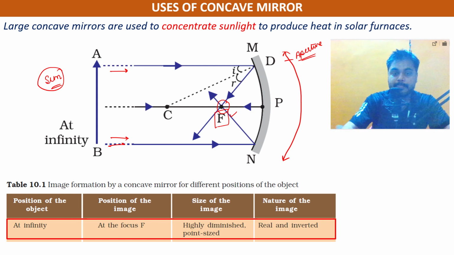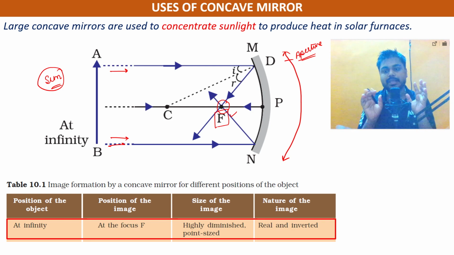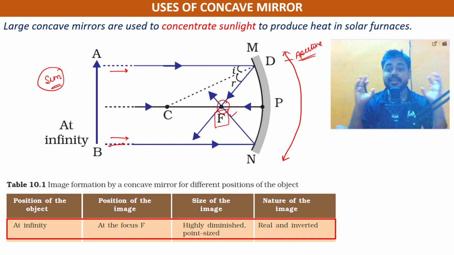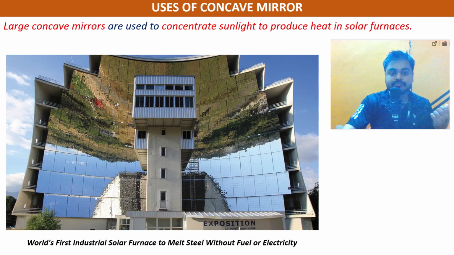Sun's rays, when they are dispersed, may not be able to cause a fire. They are quite hot, but that doesn't necessarily cause fire. However, when they get concentrated, the temperature rises, and that may lead to fire, and we actually generate heat out of it. So this is